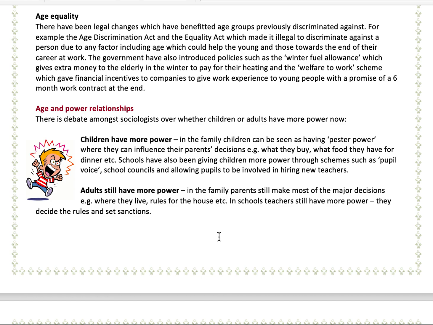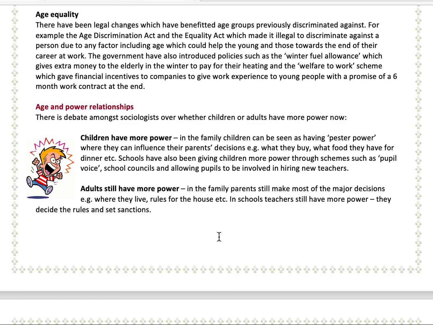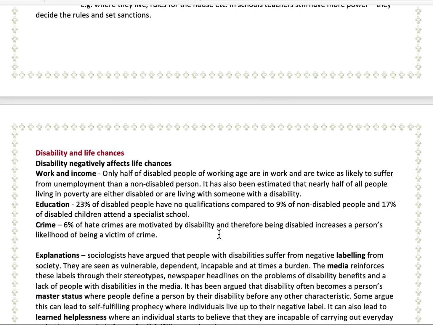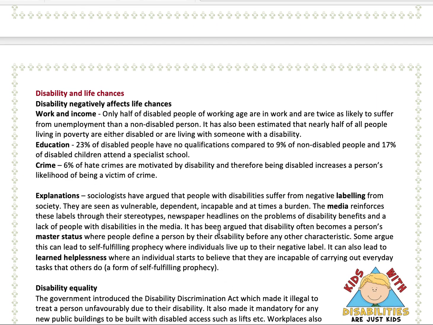But also there's obviously significant evidence to say that adults still have the most power. So it's called age patriarchy. When adults have power over children, they can still make obviously the majority of the decisions and control children in terms of their pocket money, their rules. They set the particularistic standards in the home, etc.